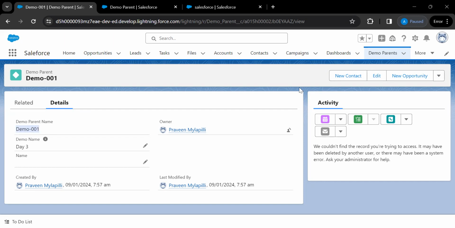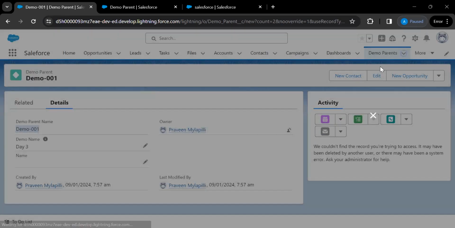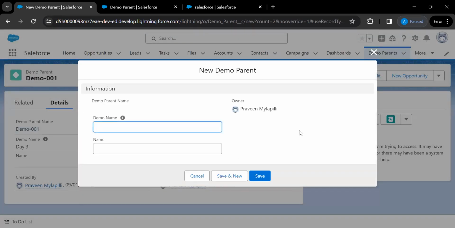Demo parent name. If I try to create another record, the demo parent name is not editable, right? I cannot make any entry over here since it is auto number and the system will be taking care of it, automatically generating it. If I give day 3 over here in the name and save,